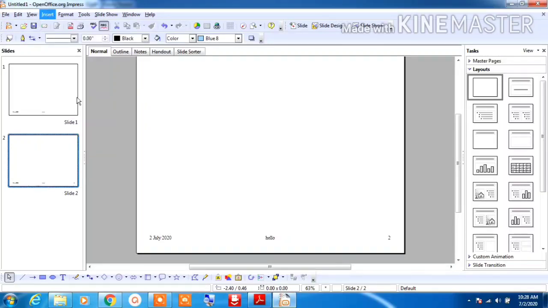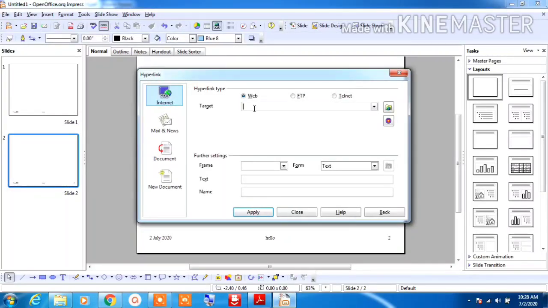Now click on the hyperlink. Type the URL here, suppose www.google.com. Now apply this. Now close.